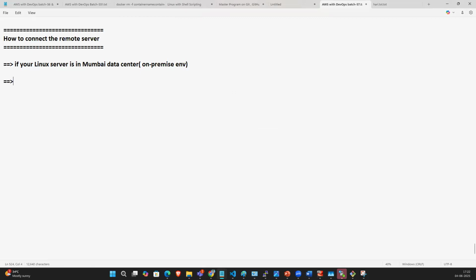So you want to connect to that server from Hyderabad. For example, your office is in Hyderabad. So from Hyderabad to Mumbai. Okay, what do we need? We need communication between these two machines,